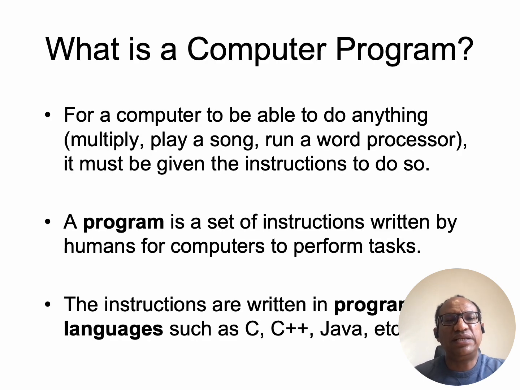Before we dive into Java, let's understand what a computer program is. A computer program is simply a set of instructions written by humans to direct computers to perform specific tasks, whether that's multiplying numbers, playing music, or running an entire operating system. Programs are written using programming languages such as C, C++, Java, Python. These languages act as a bridge between human logic and machine execution, allowing us to create software that performs